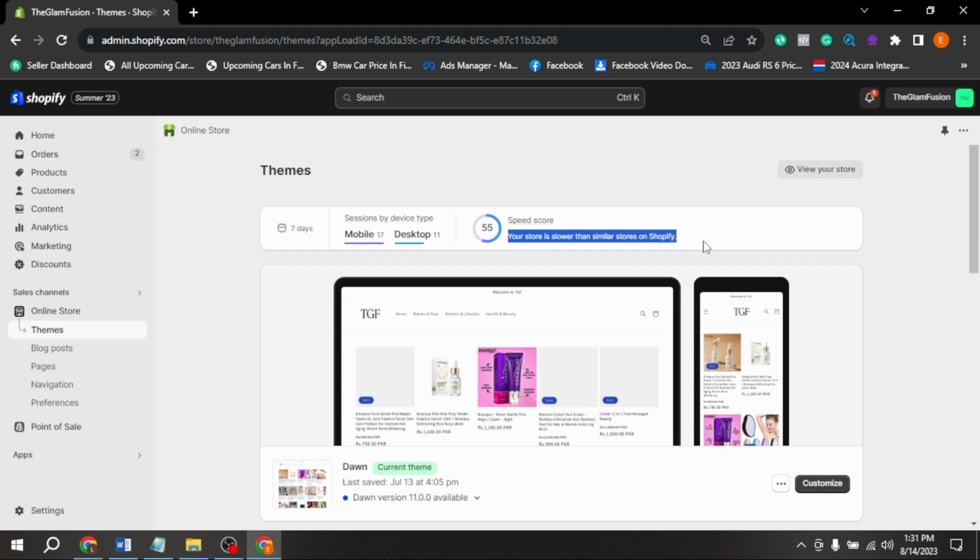You can also see the loading speed on mobile and desktop. If it is low, it means your store speed is slow. You need to increase it, otherwise you will lose potential customers. There you go. If you wanted to know how to check loading speed of Shopify store, that is the easiest